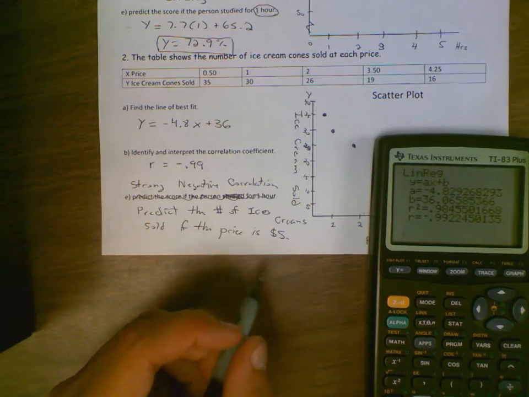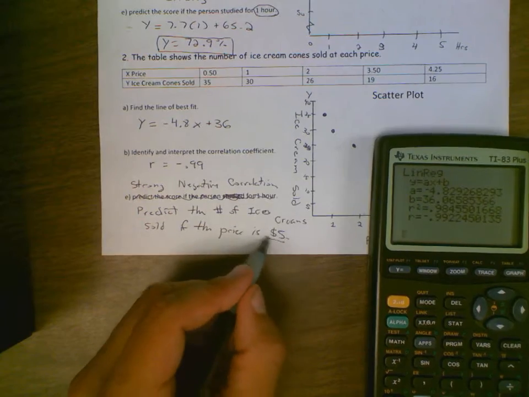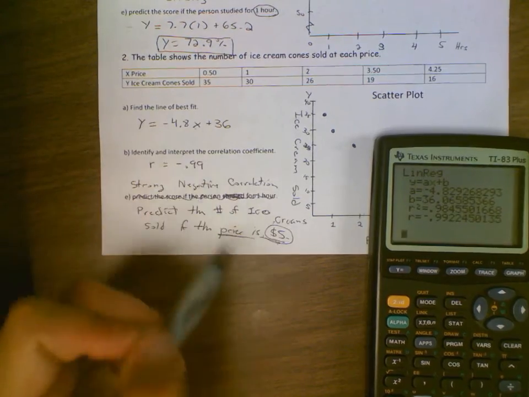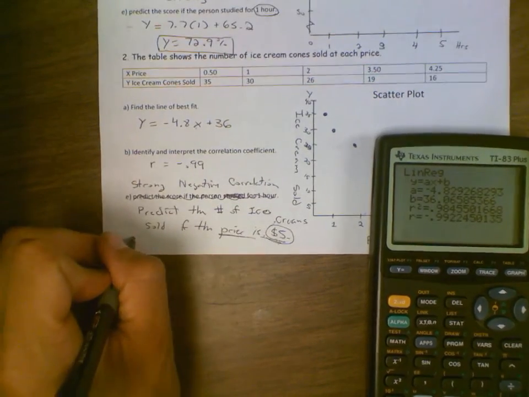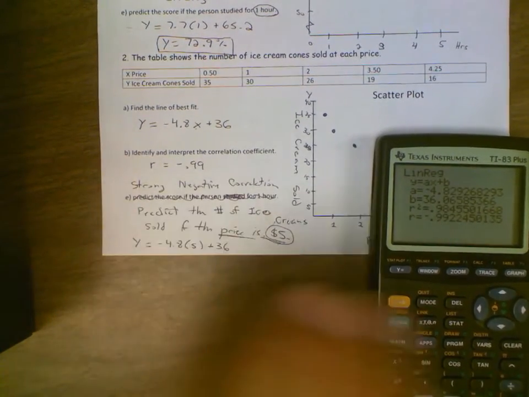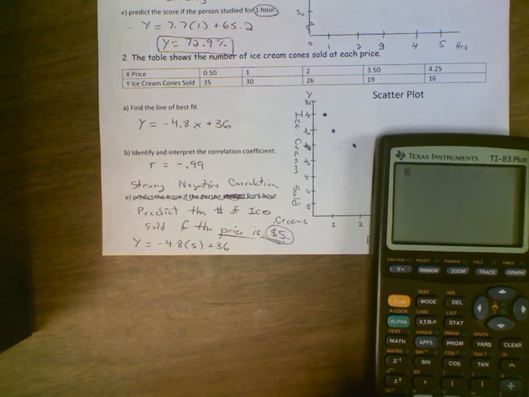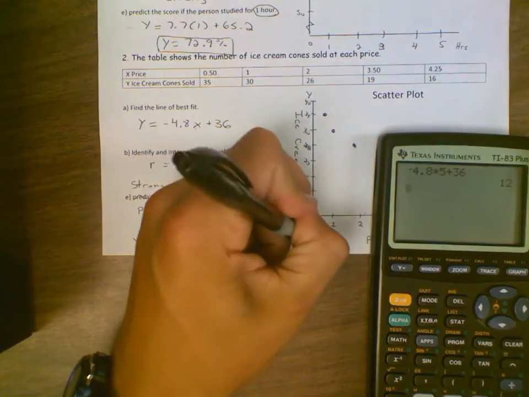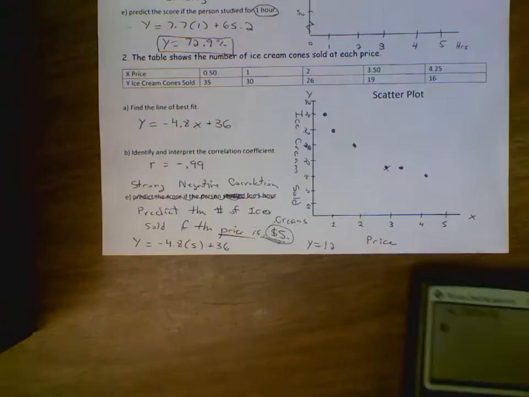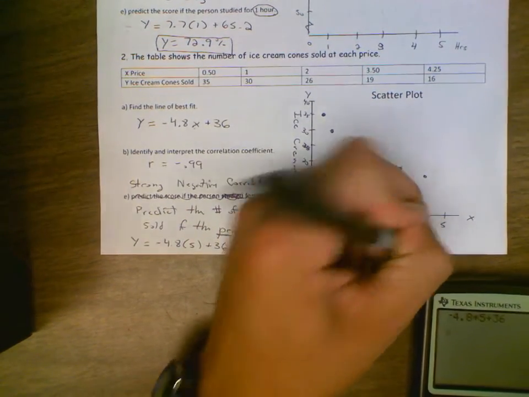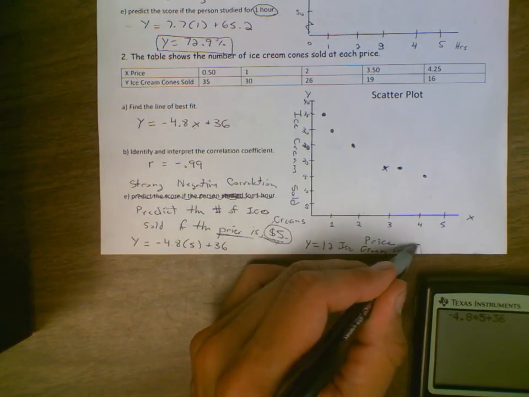So if we do this, remember this is the price, right? We're talking about the price here is $5. So that's an X value. We're going to plug that in for X and then recalculate what our Y would be. So we get Y equals negative 4.8 times 5, and then we're going to add 36 to that. So you can just type this directly into your calculator. Negative 4.8, we're going to multiply that by 5 and then add 36 to whatever that product is. And we get Y equals 12. So we would expect 12 ice cream cones to be sold if they were charging $5 a cone. All right,